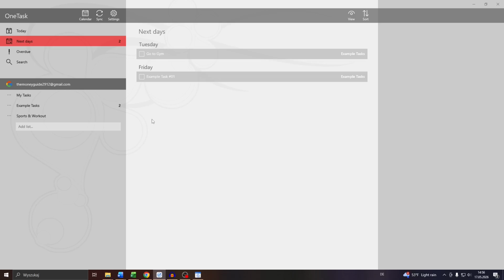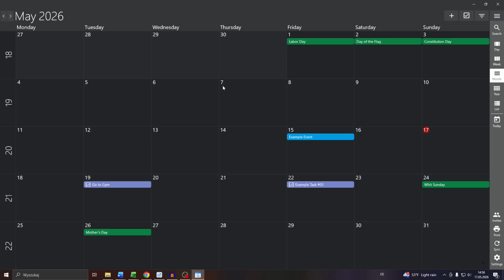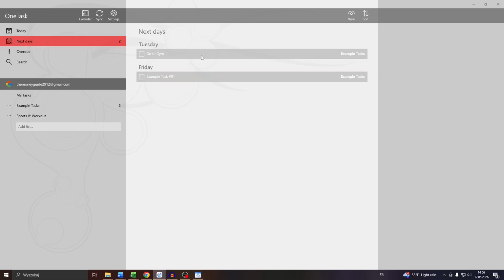So let us begin. Launch the OneTask app, and what you want to do, guys, is take a look at that left panel here. As you can see, I'm currently logged in with that Google account, and it is linked with my One Calendar app here. So what you want to do, guys, is click into settings here on OneTask,